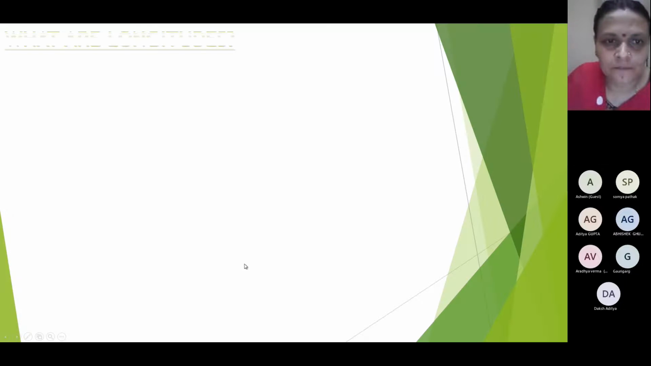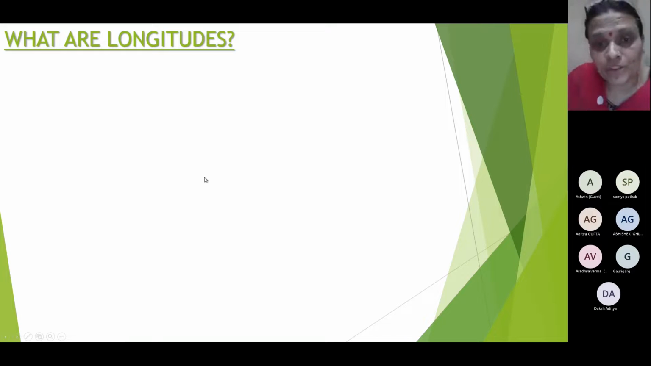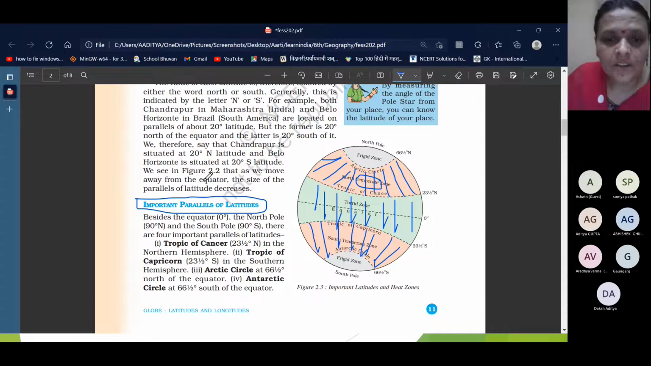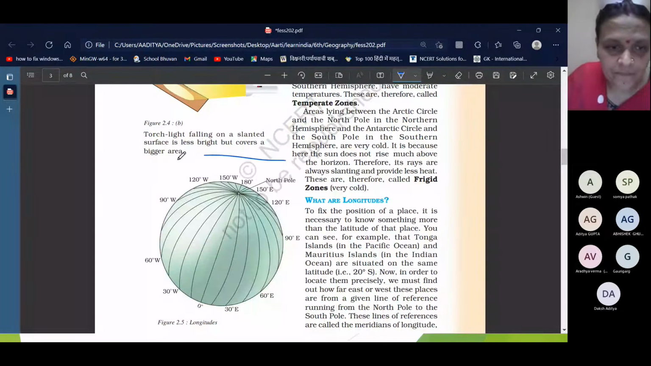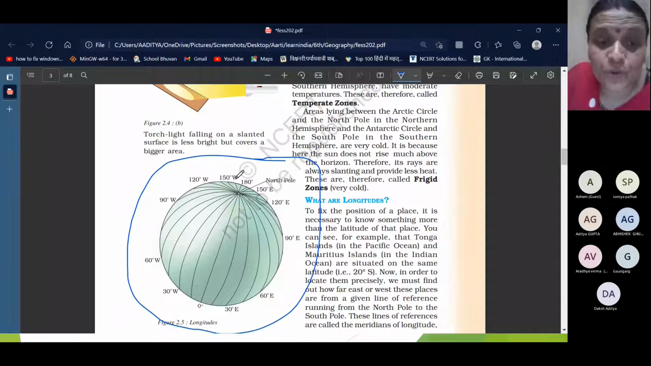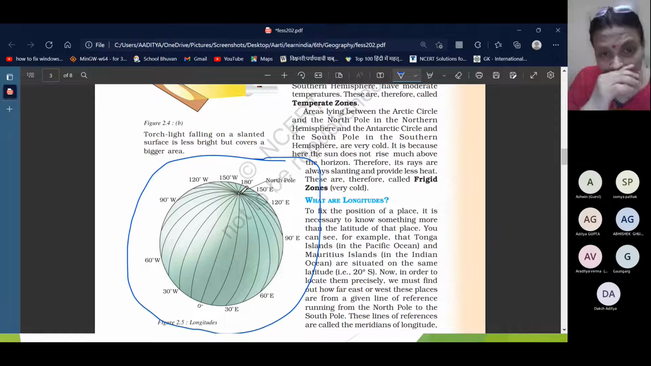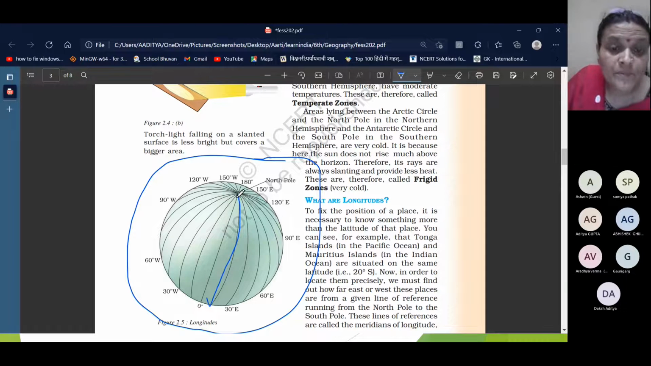Now let us move to the next one. What are longitudes? Now we come to the longitudes. Here we are. These are longitudes. It is an imaginary line. It touches the North Pole and the South Pole. So all are like this, but there is one thing which is just perpendicular to